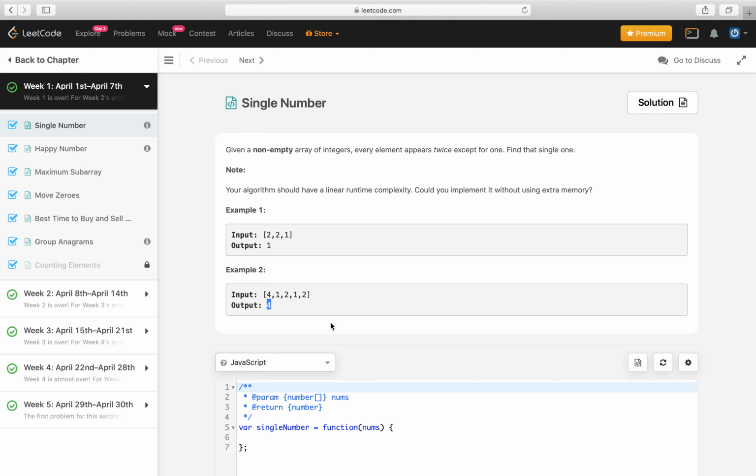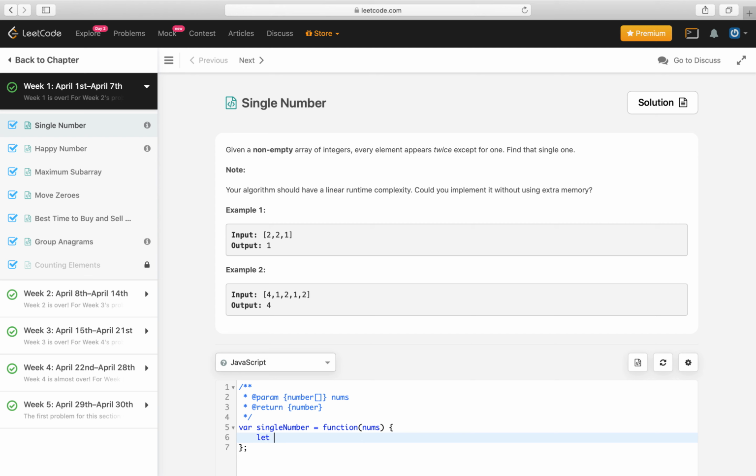One of the solutions which comes to my mind at the very first instant I see this problem is maintaining a JavaScript object and maintaining the frequency of the numbers inside the array as key-value pairs. And if any of the numbers has a frequency of 1, then it is appearing once, and that is the single number in the array. There could be other ways of implementing it, but let's start by doing it with a hash table and see how it goes.